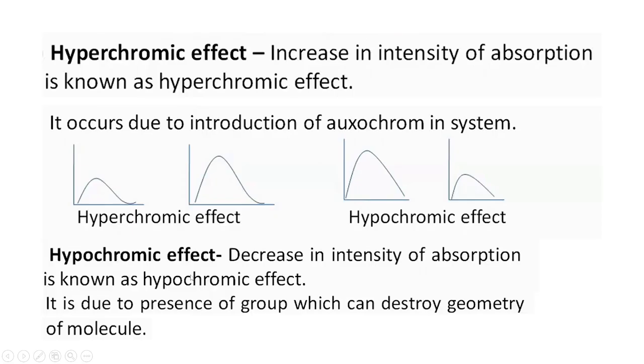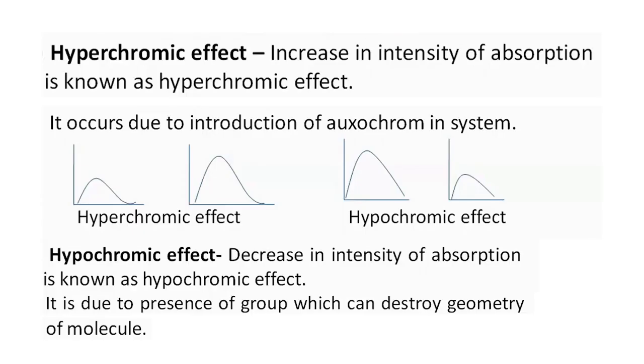And the hypochromic effect is the decrease in the intensity of the absorption. Due to the presence of a group which can destroy the geometry or conjugation, we can see the